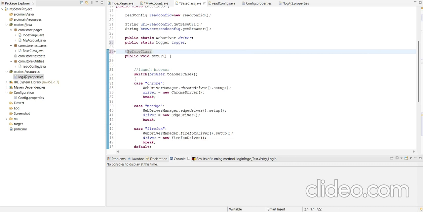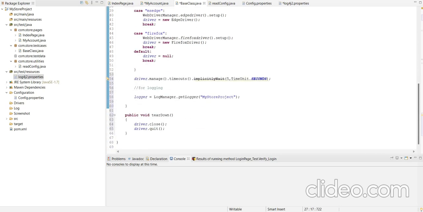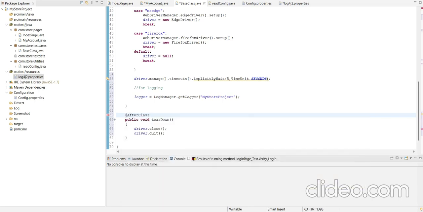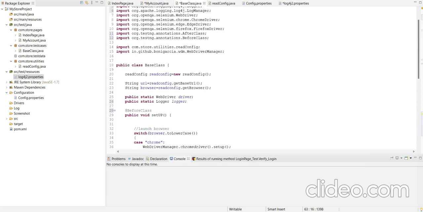You know about the TestNG annotations like BeforeClass, BeforeMethod, AfterMethod. And at the last we have to close or quit the driver. This is the last method of our class, so we are using here the AfterClass annotation of TestNG. So in this way we have created the base class.